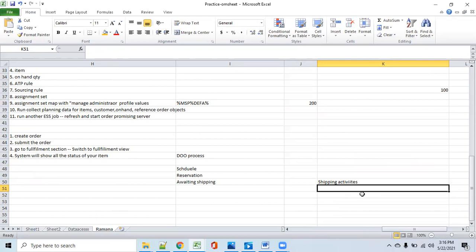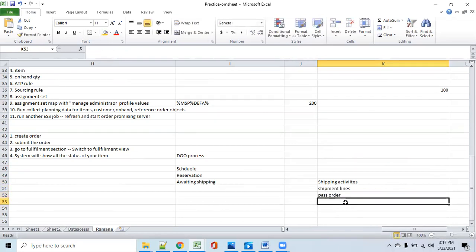In this particular activity, first we have to go to inventory management. There you have to select shipment lines. This is the task. You have to select that and pass your order number. Then automatically the system will pull the order information, what is the item, all those things. Then you have to auto create the shipment number. Auto create the shipment number will happen based on the shipping parameters. Then here we have to do basically pick release,